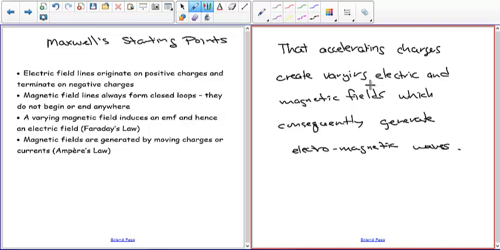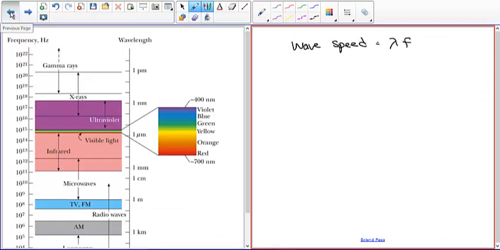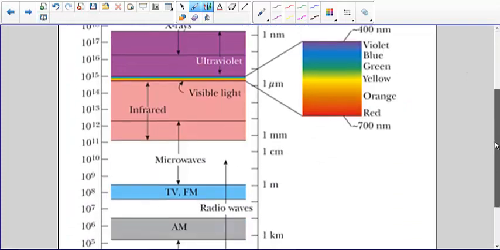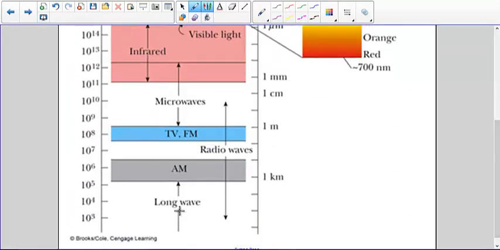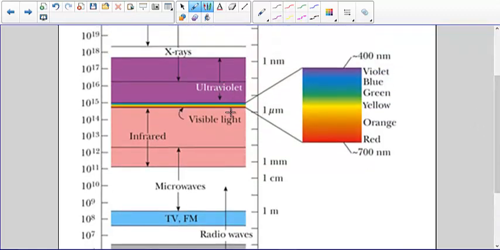So we have all kinds of different kinds of electromagnetic waves. Let's just look at those before we quit. I'll come back to this next time. These are all the different kinds of electromagnetic waves. We'll start down here at the bottom end. So you've got things like radio waves, TV, microwaves, infrared, visible light, which is a really small section of the whole thing, ultraviolet, X-rays,